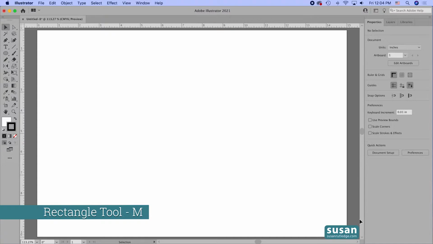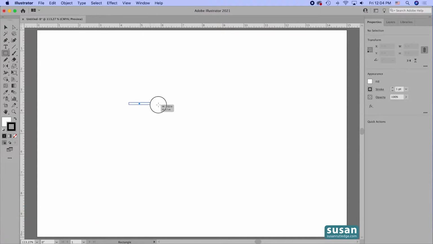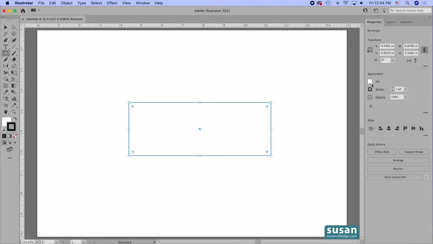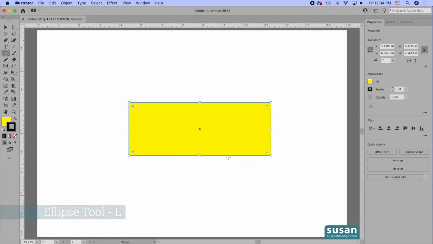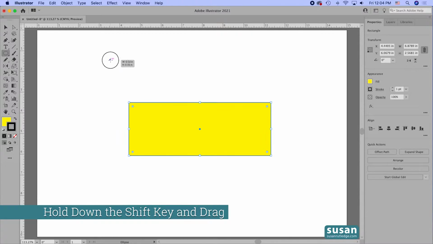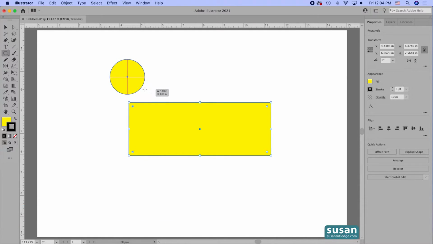So I'll get the rectangle tool, keyboard shortcut M, and I'm going to drag out a rectangle and I'll give it a yellow fill. Then I'll get the ellipse tool, keyboard shortcut L, and since I'm going to align 3 circles, I need to start out with 5. I'll hold down the Shift key so I have an exact circle,